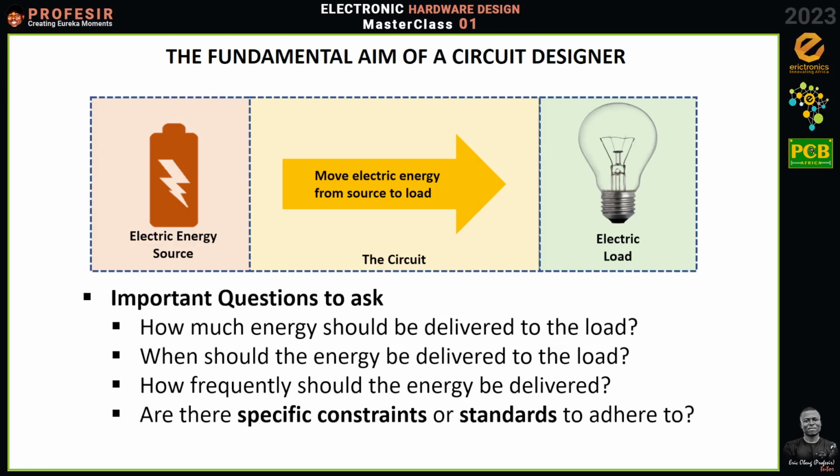Then we can also ask the question of how frequently should the energy be delivered, because there are situations where you need the energy to be delivered in pulses. Take it as a car's traffic indicator, right? When a driver wants to negotiate a curve, he turns on the traffic indicator and you see that it begins to what? Blink. Take traffic light for instance. At a point we have green light for one direction, at another point we have green light for another. So there is the parameter of timing, okay? The parameter of timing.